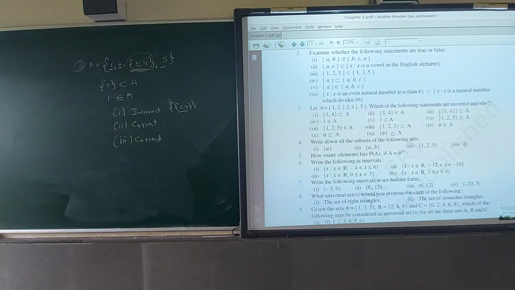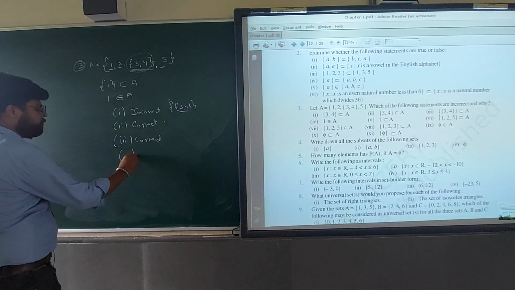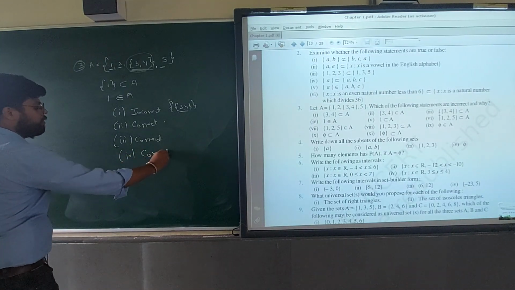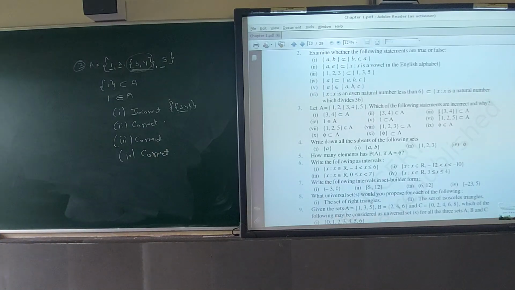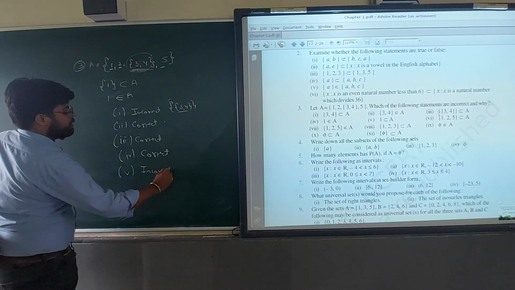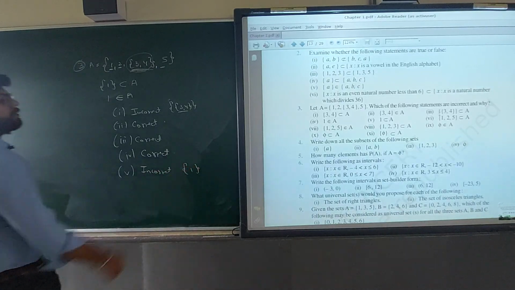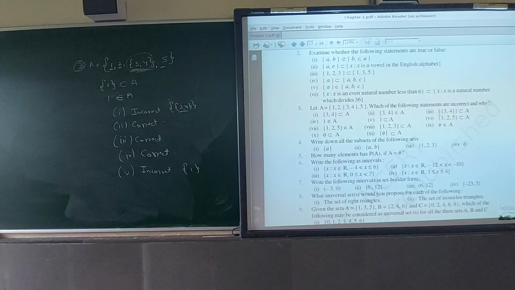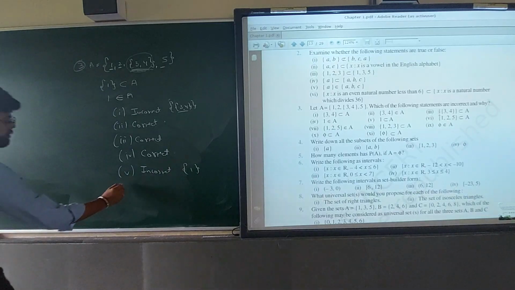Then fourth one, 1 belongs to A. We all know 1 is in A only. Yes, correct. Fourth one answer is correct only. Then fifth one is subset of A. No, here we have to write the sign also. Fifth one is incorrect. If we say what is the correct answer, we have to write like this, then it will be correct. Sixth one, 1, 2, 5 is a subset of A. Yes, correct. Sixth one is correct.